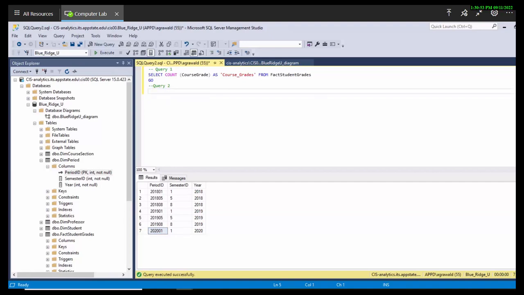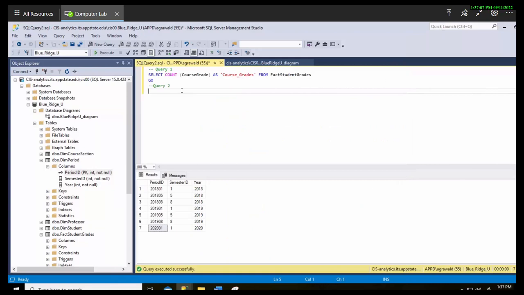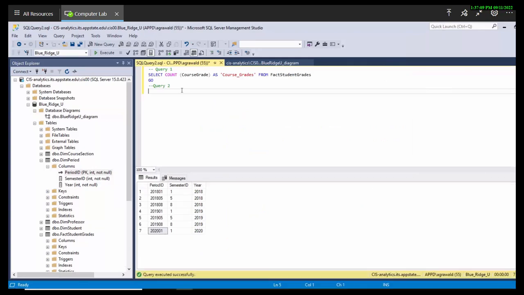So let's go ahead to our instruction sheet and type what they asked us to. So going back to the instruction sheet, we have to type select min of some column, and we just discussed what column should it be, period ID as min, and comma max of period ID as max from dim period. So let's go ahead and do that. Select